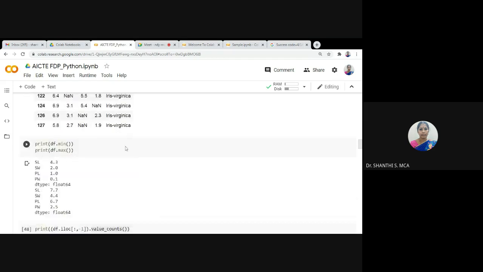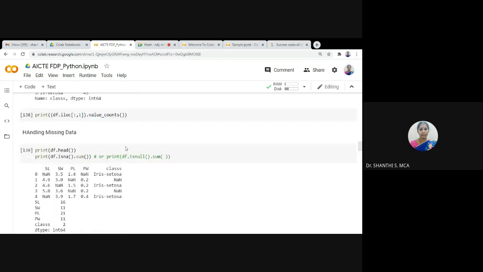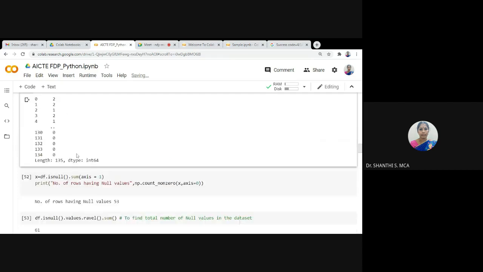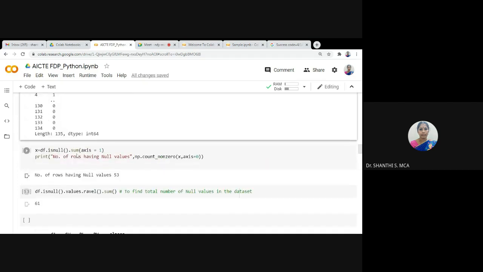If you want to know the number of missing values in each row, you can give axis equal to 1. Axis equal to 1 finds the number of missing values along the row direction.